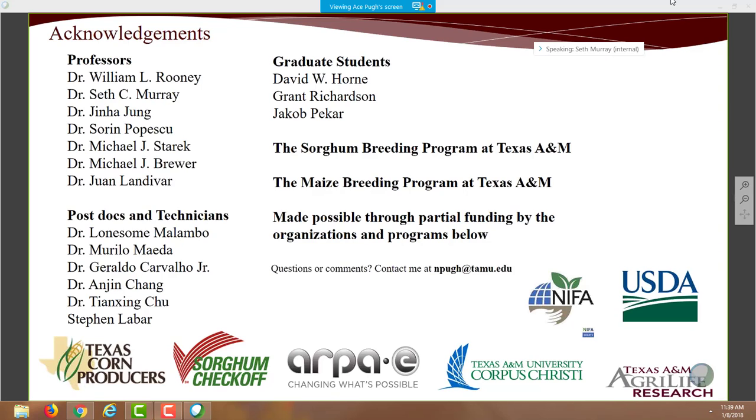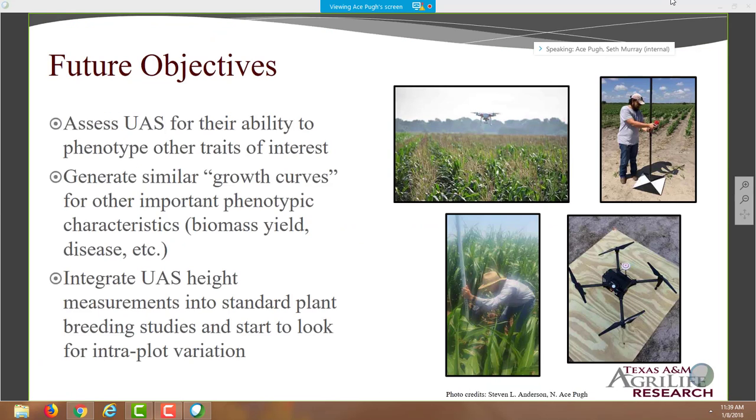Well, I think you mentioned too in your conclusions that you're really interested in getting at intra-plot variation, and I think the ground truth data for that is going to be one of the biggest challenges, because I know you were manually out there taking this ground truth data, and how much fun was it to take it on 200 plots throughout the growing season? Yeah, it's not fun, and it's very labor intensive. So I agree that the ground truthing for a study like that would be pretty involved. It would probably require a little bit of creative design.